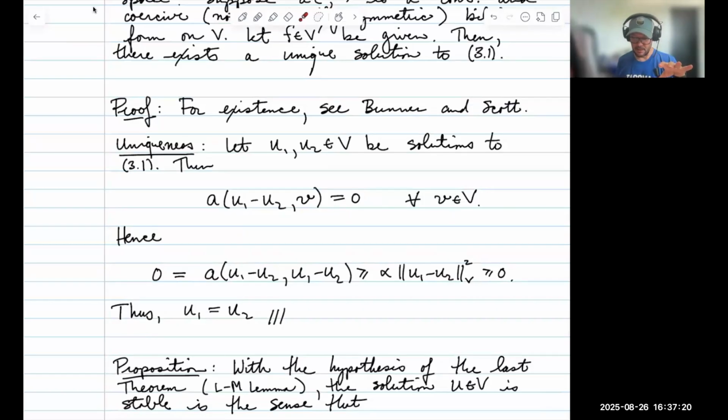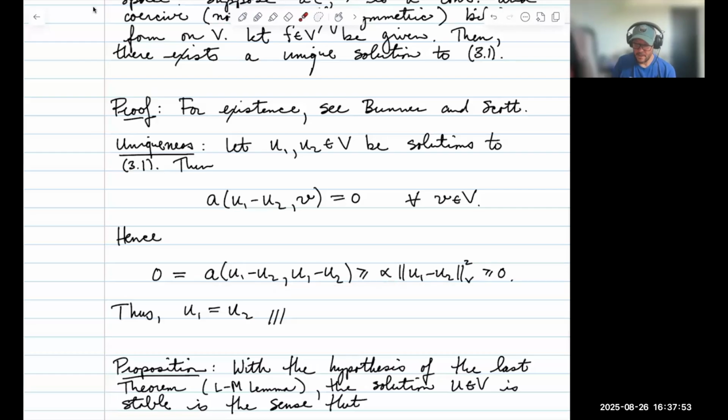Now, what does this statement mean? You can't immediately conclude that U1 is equal to U2, but let's use our coercivity statement. Our coercivity statement says that we're allowed to put anything in the second position that we want, but if we put the same object in the first location as in the second location, then our coercivity statement says that has to be greater than this positive